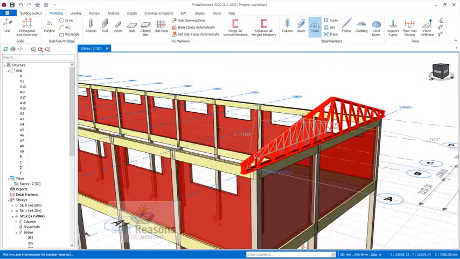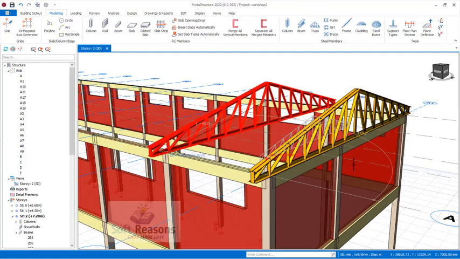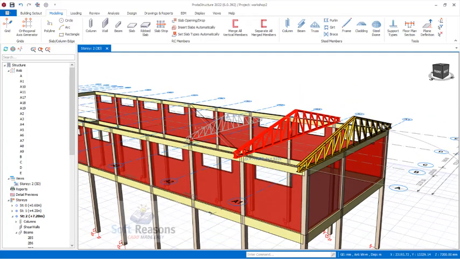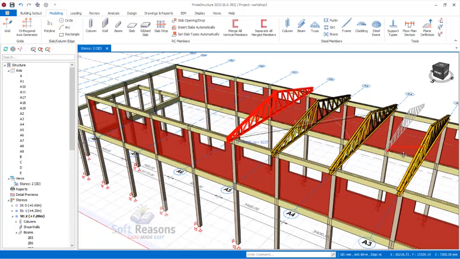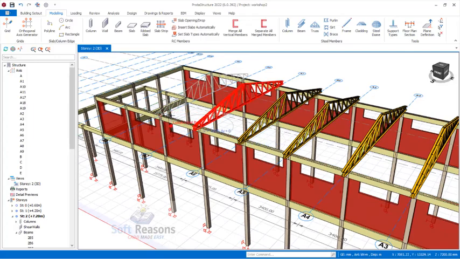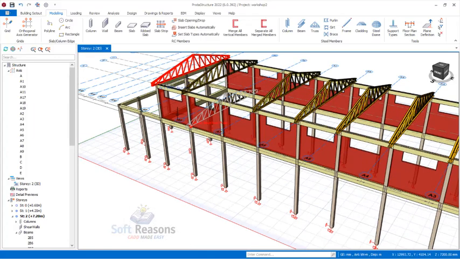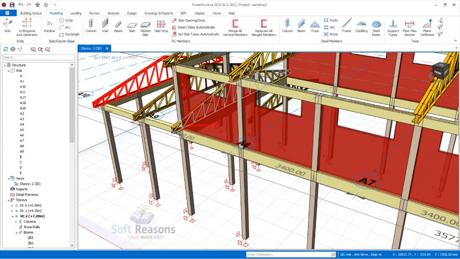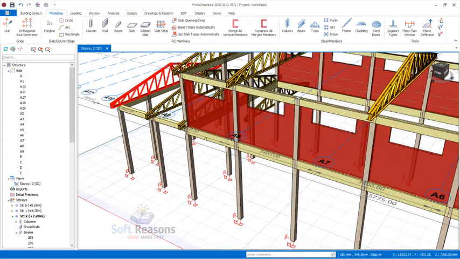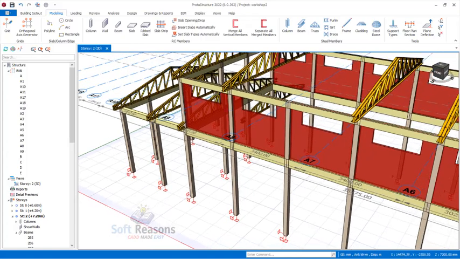Alright, so you continue to place the trusses right on top of the reinforced concrete columns. So we'll place that here, here and here. Okay, we also place a truss here. We are using it to obtain the cantilever there. Okay, so alright, having placed the trusses successfully,